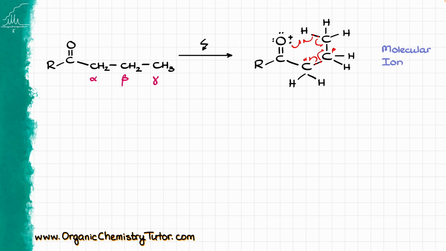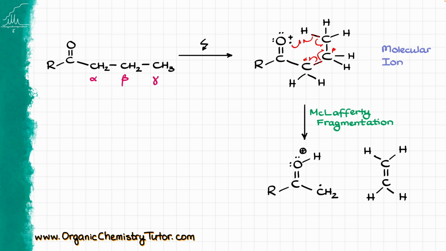As a result of this electron movement, we are going to end up with the following fragmentation pieces. On the left, we now have our cation radical, where this hydrogen over here, which used to be sitting on our gamma carbon, is now sitting on the oxygen. We do have a radical sitting over here on the carbon, and that radical is stabilized by resonance with the carbonyl. On top of that, we also end up forming an alkene as our side product,